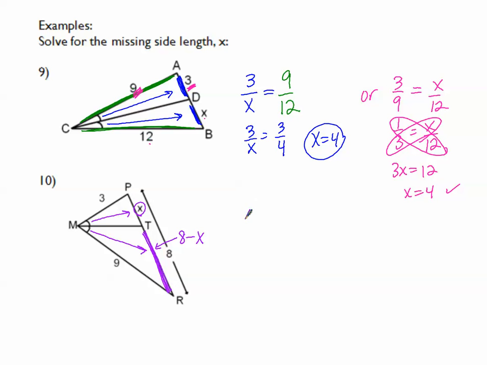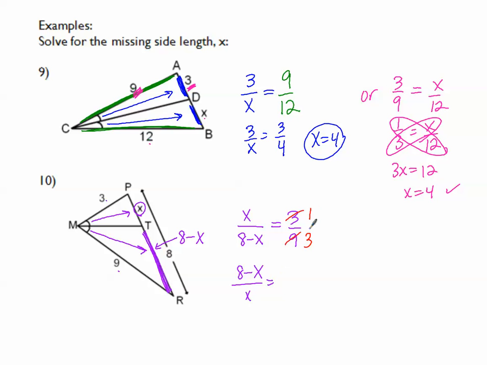So little segment x over little segment 8 minus x, the segments across from the bisected angle, equals, now I went top to bottom, so staying in that same order, 3/9. Again, I like to reduce. I'm going to do a couple other properties besides reducing. So 3/9 reduces to 1/3, but if I also use my reciprocal property and write this as (8 minus x) over x and 3/1,